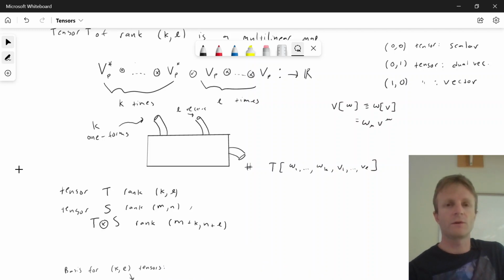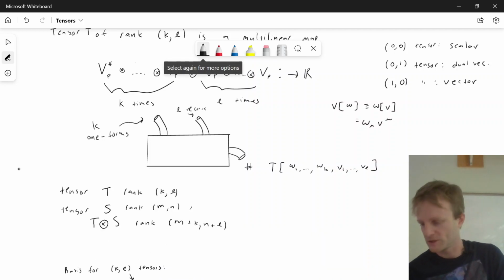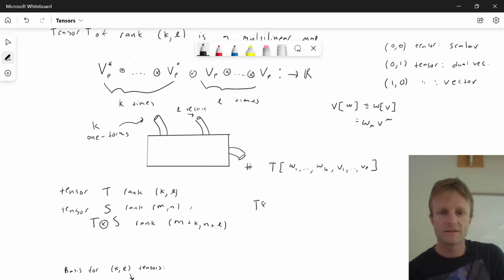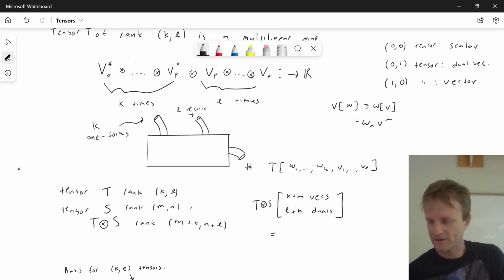And so we do the only thing we could do, which is we say that if you take T tensor S and you feed in K plus M vectors and L plus N duals, then what do you get? That has to be equal to just T acting on the first